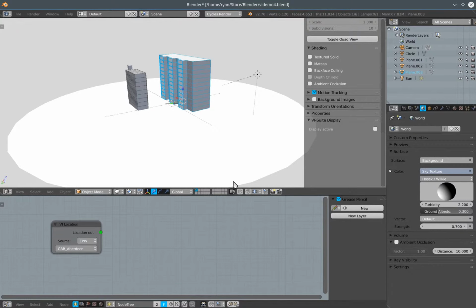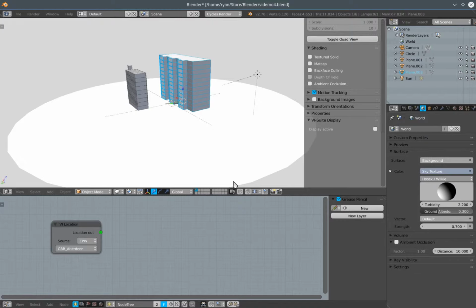Hello and welcome to this v0.3 video tutorial, and in this video tutorial I'm going to quickly cover how to do a shadow study analysis with the v0.3. The shadow study analysis is a contextual analysis which tells us, for defined points within our scene, how often a point will receive shine or will be in shadow,